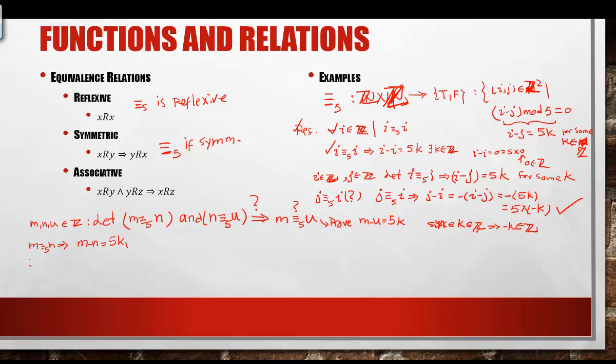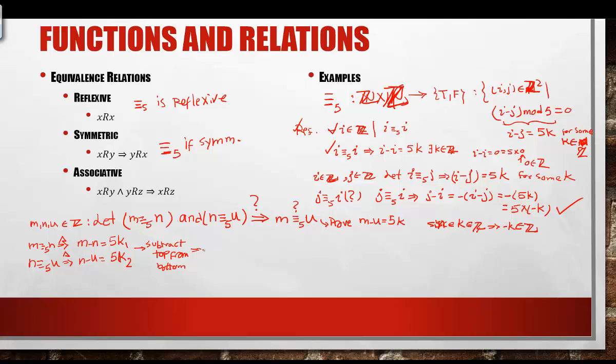Then we know that n is in relation with u. Then from the definition, n minus u is some 5k sub 2, right? So if we subtract these two, the top one from the bottom one,